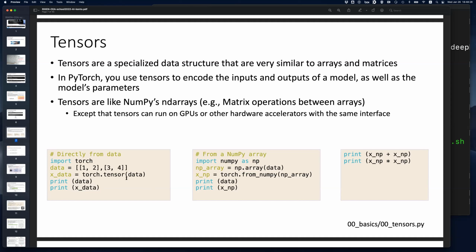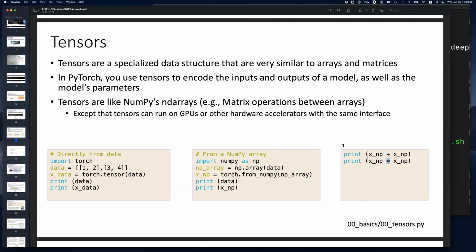This example directly converts the regular array into tensor type, but you can also convert a NumPy array into a torch tensor. And once you define tensors, you can easily compute matrix addition or matrix multiplication by simply using a plus or an asterisk